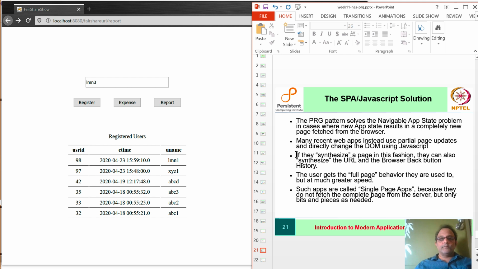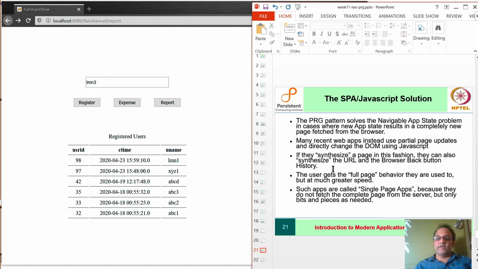So such an app, if the app synthesizes a page in this fashion, then in order to make such addressable URLs and their behavior look the same as a full page refresh, they can also synthesize the URL and the history. And in fact, such a history API is actually available in JavaScript these days.